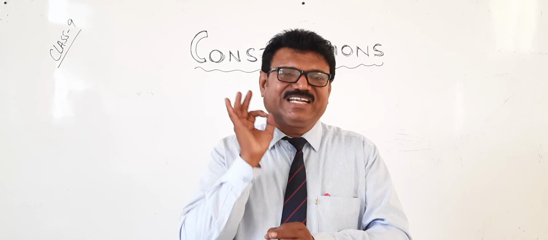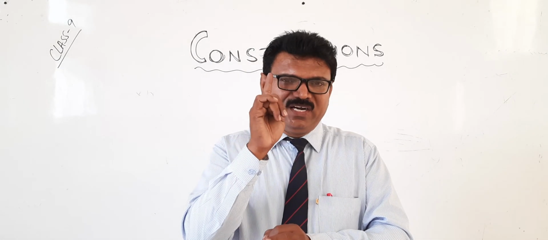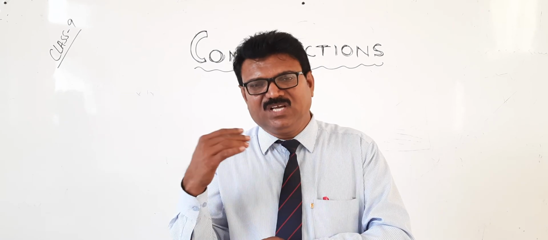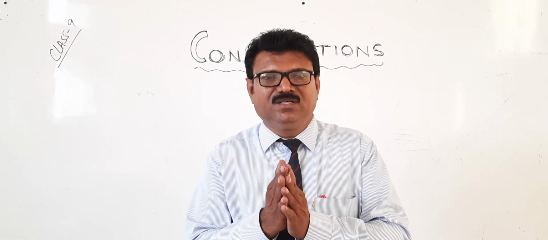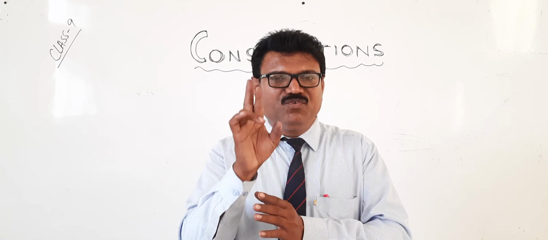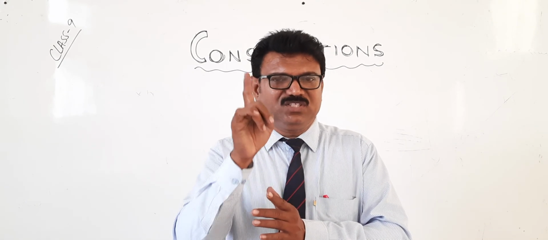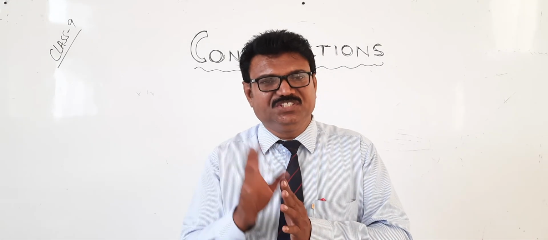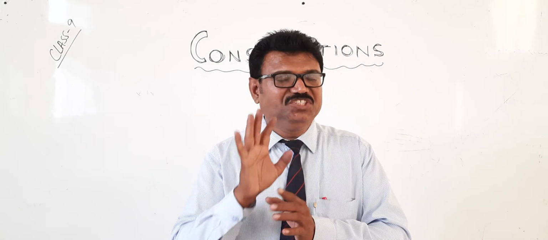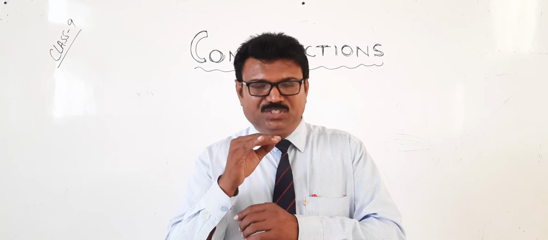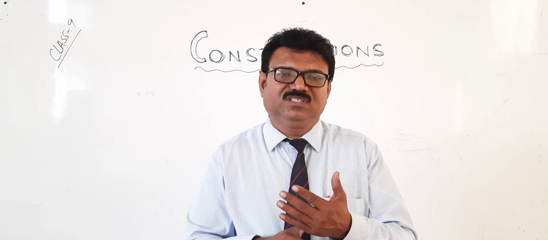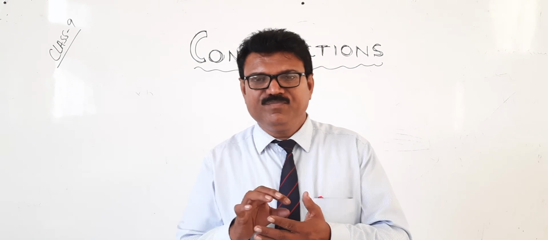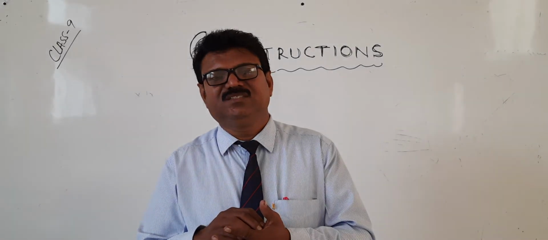Very, very simple. At least you should work out 1.5 hours per day. Mathematics 1.5 hours. Whether it is morning or evening, you can complete it. So every week, if you complete 2 chapters, in 1 month you will complete 8 chapters, and in 2 months you will complete all 16 chapters. Out of 16 chapters, 2 chapters are removed, so only 14 chapters you need to complete. Right? First you complete classworks, homework and assignments.